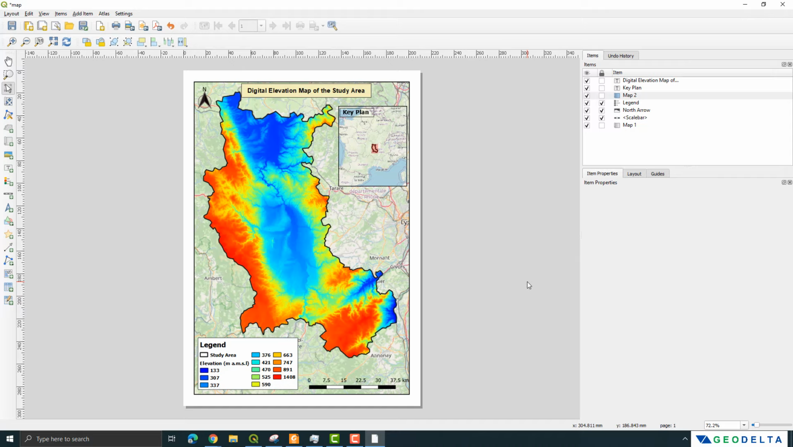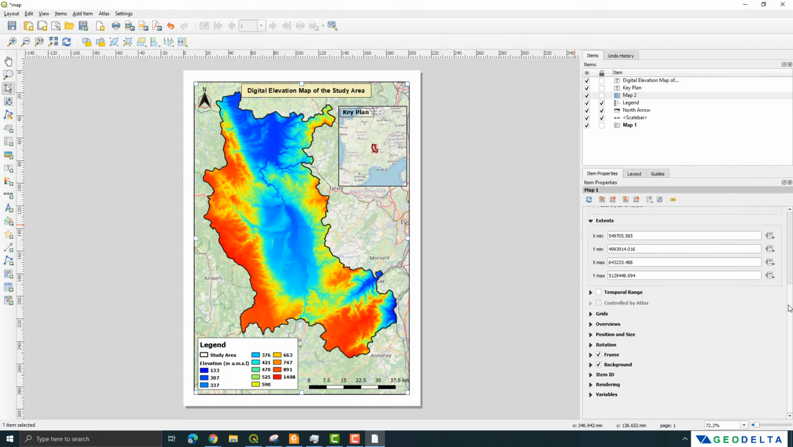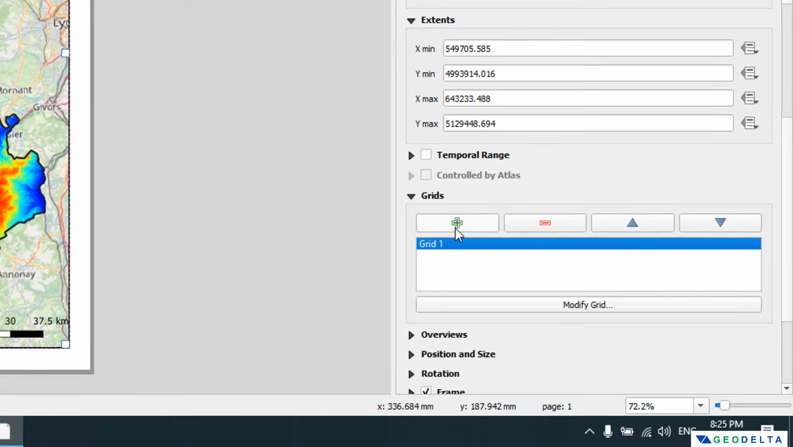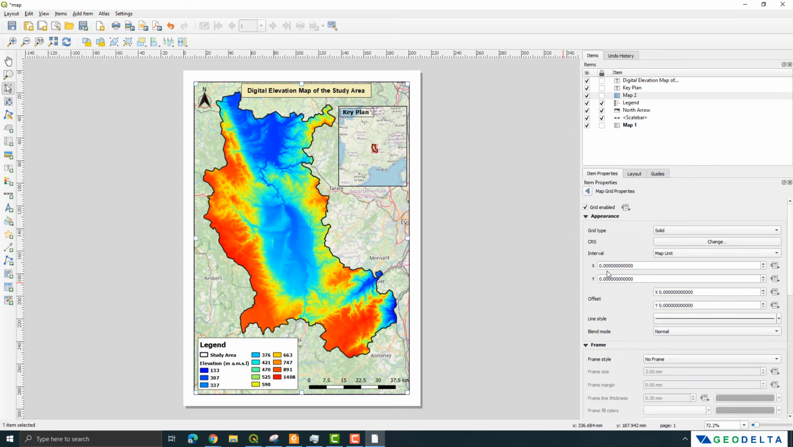And finally, before I wrap up this, I would also like to add some coordinate information. Now, one of the easiest ways to add the coordinates would be by adding a set of grids. Now you can simply select this map 1 over here, and you can go to grids and add a set of grids. And once you add this to this window, you can modify the grid simply by specifying the X